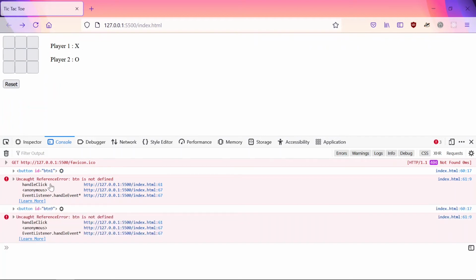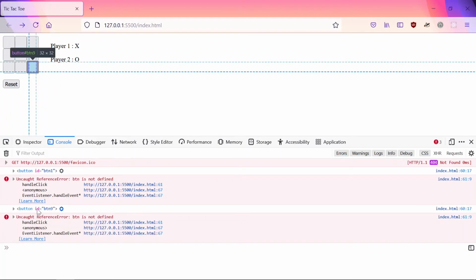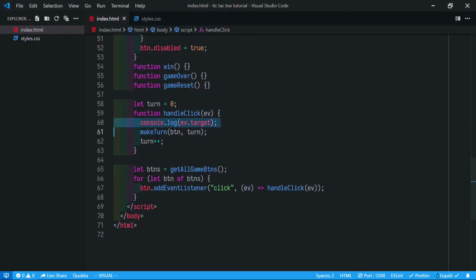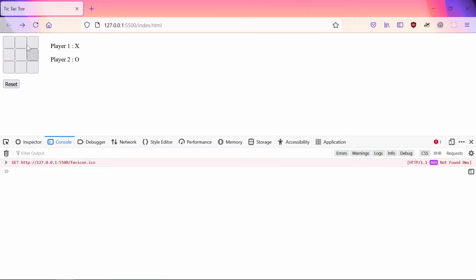If I click on this and hover over this, you see it's this button. So now we have our button variable, and it is let button equals event dot target. To be more clear, let's rename this to event, and we have the turn. So you can check our game now. It's working.